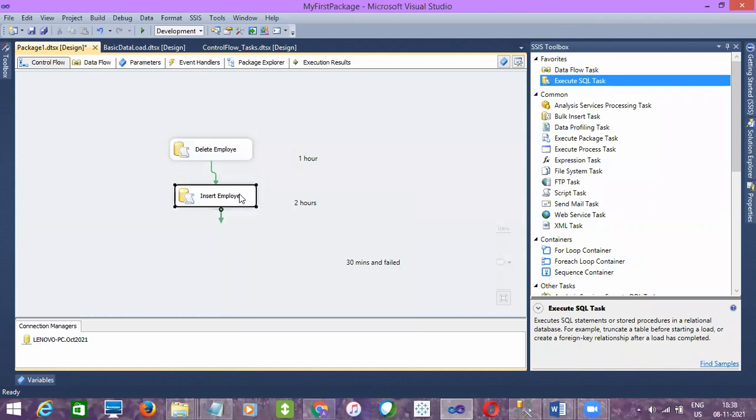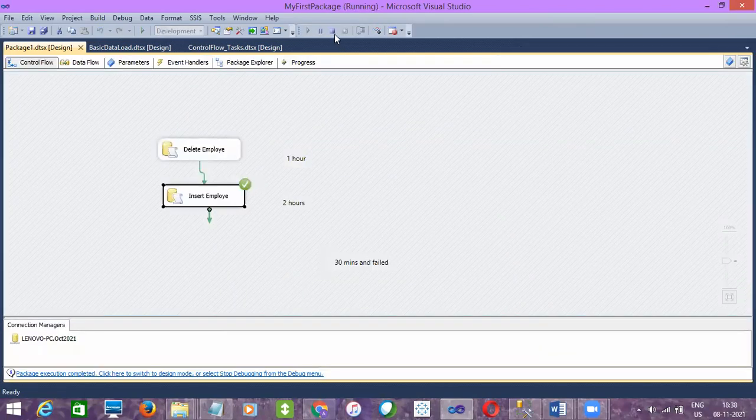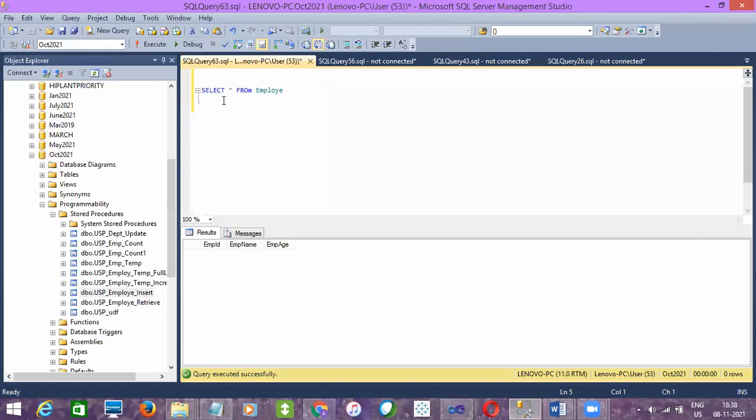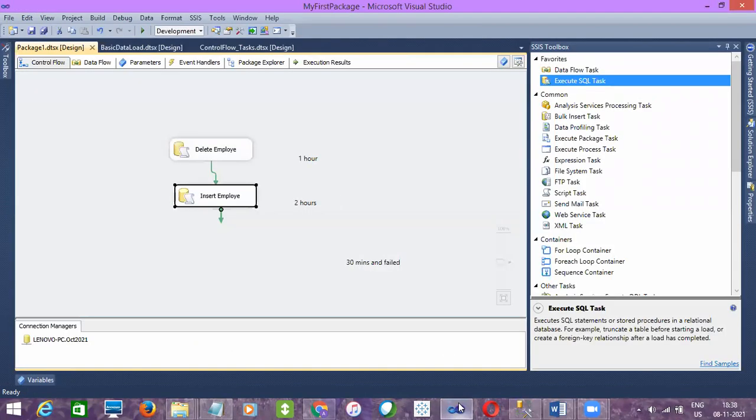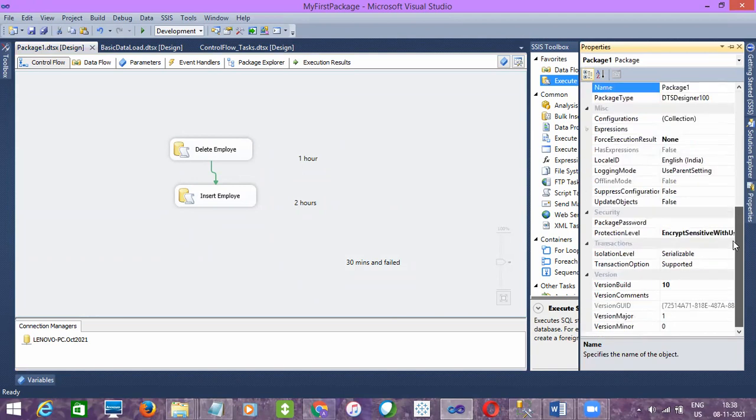Now let me execute inserting data into the destination before implementing a transaction so that I can show you the data. Previously data is there, it will truncate and then reload. Yes, now there are 4 records in the destination. Now we are going to implement the transactions, right? To implement the transactions, we have to go to the control flow, click on the design pane, go to properties and check the transaction options here.